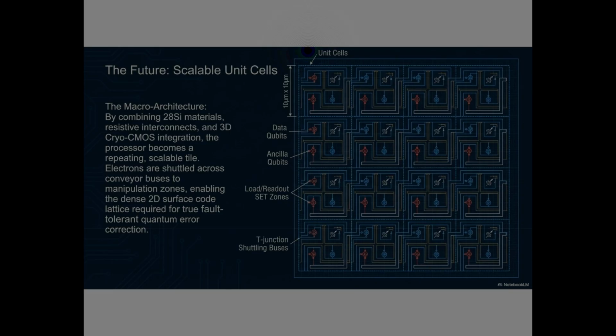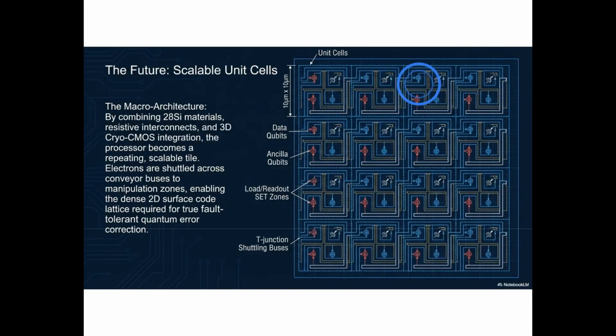This is the unit cell blueprint. Each unit cell in this grid occupies a footprint of just 10 micrometers by 10 micrometers. The full processor is a repeating two-dimensional tile of these cells, like a memory array, but for quantum information. Within each unit cell, data qubits, shown here, store and process the actual quantum information during computation. Ancilla qubits here are the auxiliary qubits used to measure error syndromes in the surface code error correction protocol, without